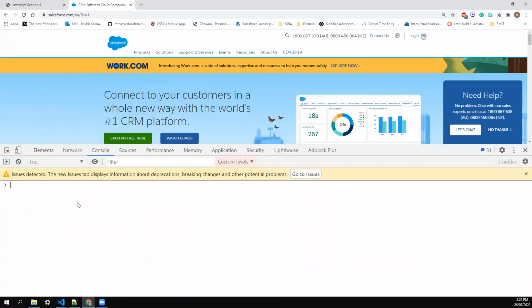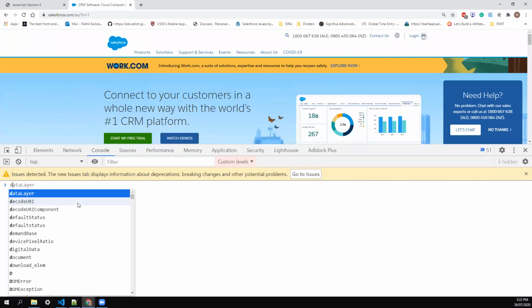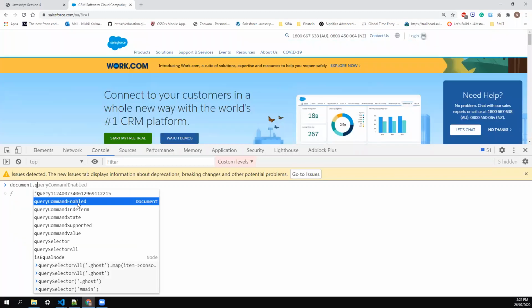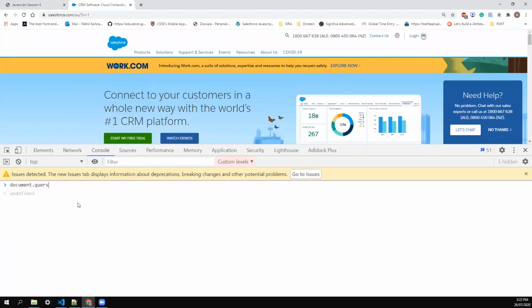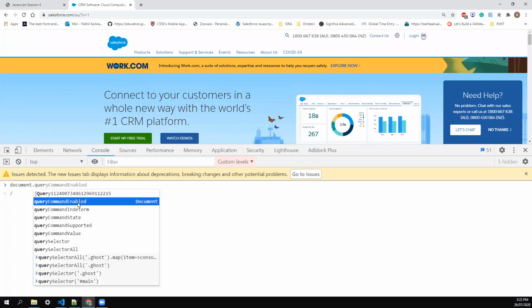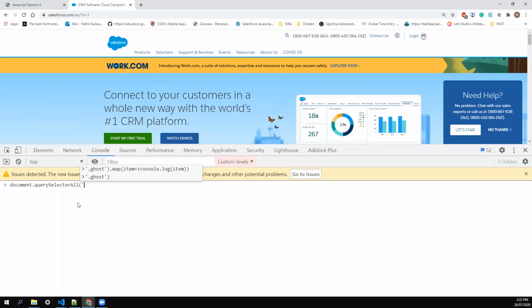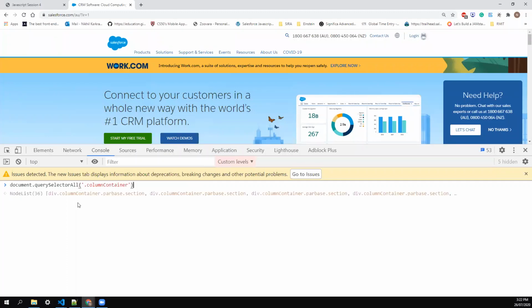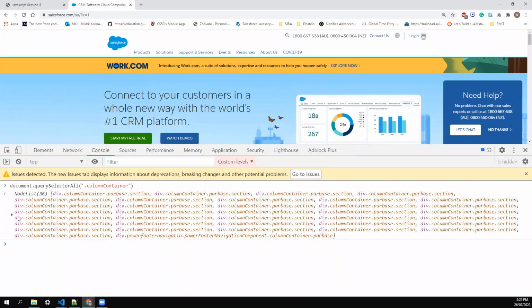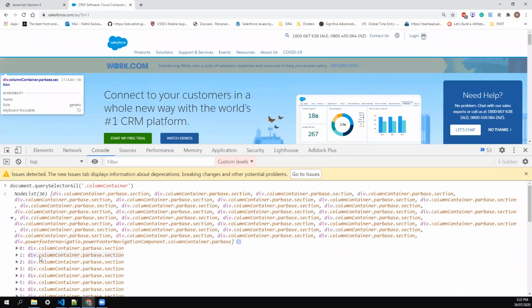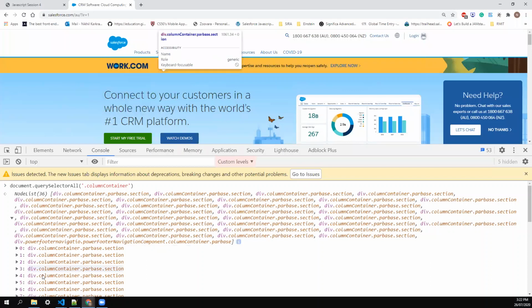I'll say document.querySelectorAll and pass this class, and it returns 36 nodes. So 36 nodes are too many, they are using this class everywhere.